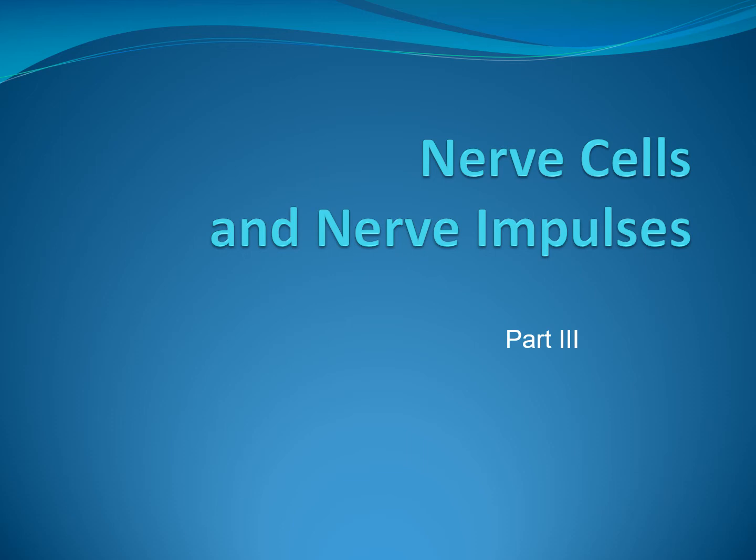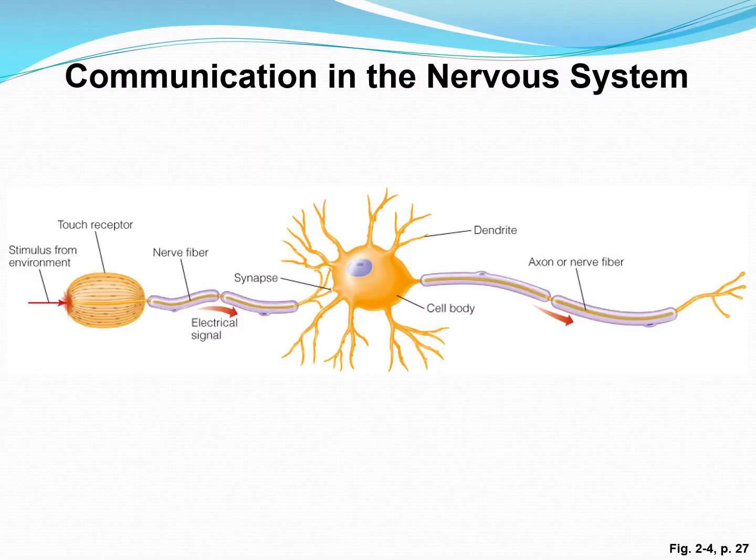This is part 3 of nerve cells and nerve impulses. I think we were right in the middle of talking about the electrical conduction that occurs down the axon, so the nerve impulse. So just to put us back where we were, of feeling this touch and the information being sent down the axon, or the nerve fiber, of that touch receptor so that it can communicate with this neuron down the line,